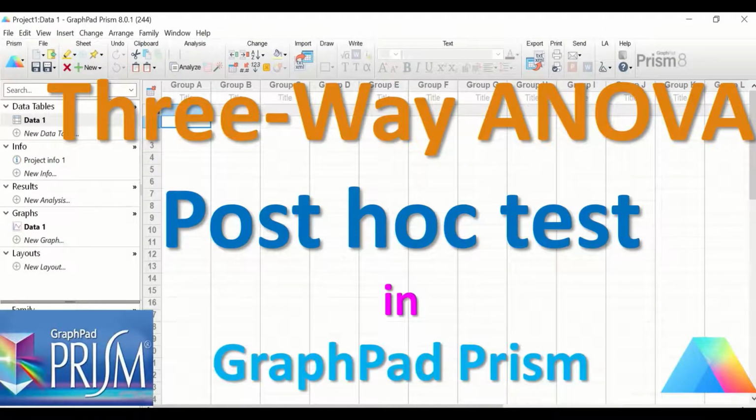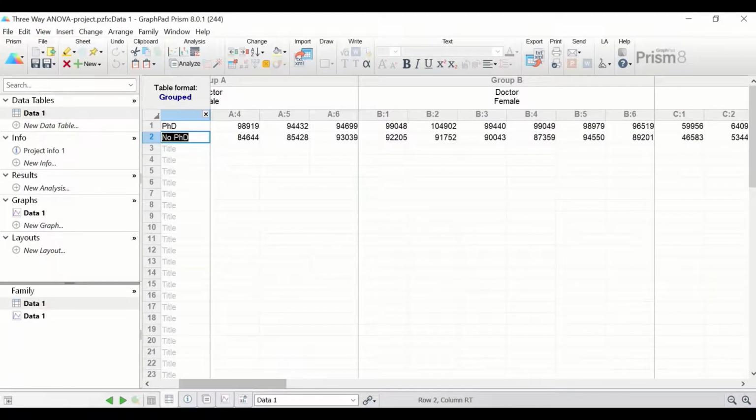Three-way Anova followed by post hoc tests in GraphPad Prism. Three-way Anova is factorial Anova. The test is used when there are 3 different factors or 3 different independent variables and 1 dependent variable. Here in this graph